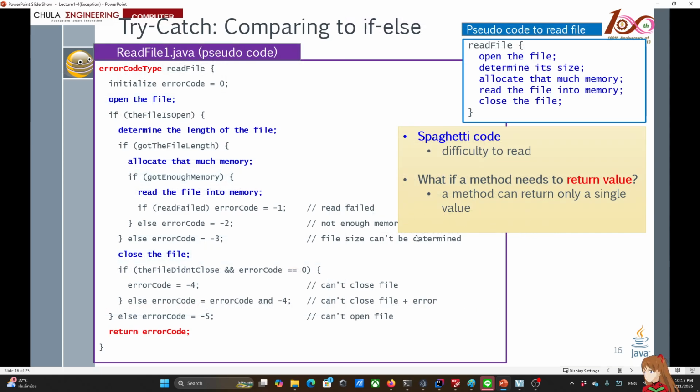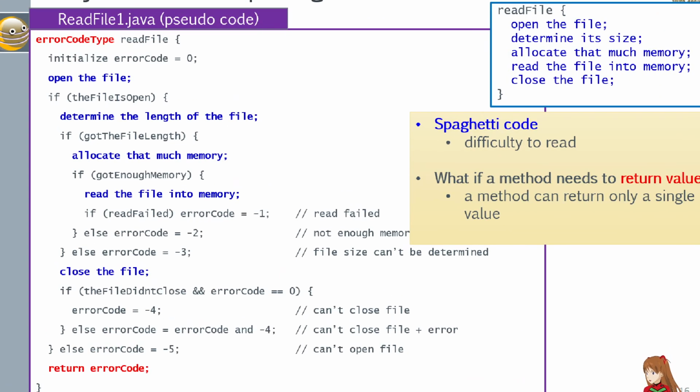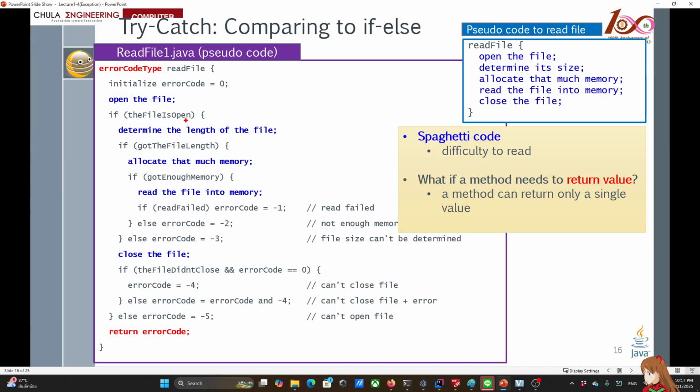So if we don't have try-catch, when we want to deal with error or exception, we may have to do something like this, where, once we have the code for each line, we have to